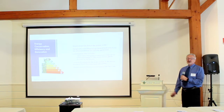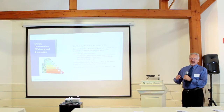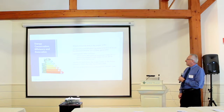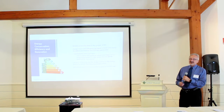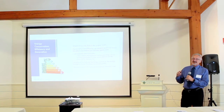And part of it is things should be done in proper order in regards to energy conservation and energy efficiency. You don't want to go put a solar system in a building that's inefficient. So the first thing you want to do is the lighting. You want to make sure you have the most efficient building before